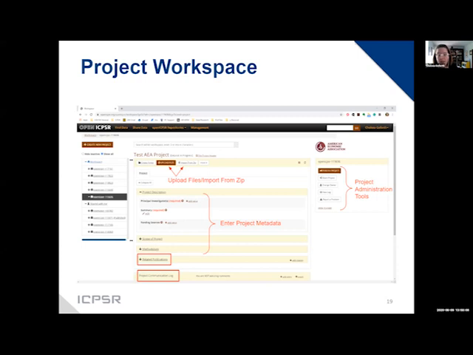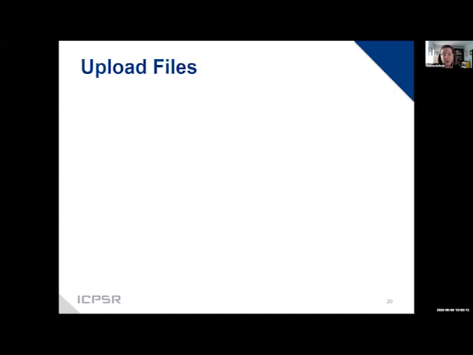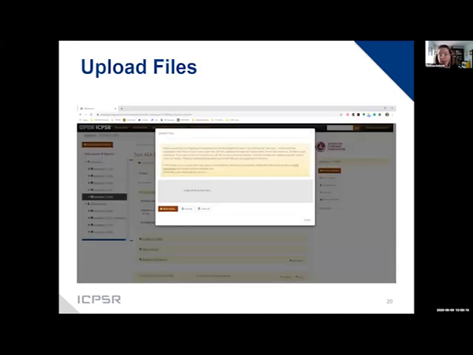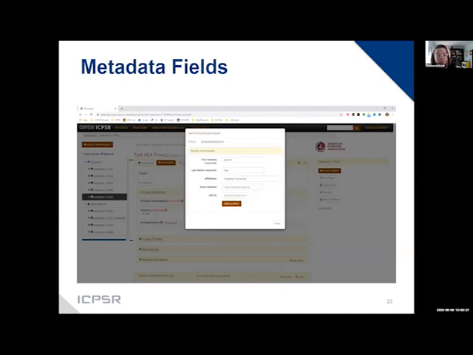And so the next few slides will take us through each of these sections that I've highlighted here one by one. The first section that you saw at the top, that's where users can select to either upload files individually or import from zip. And this slide here shows a glance at what one of those modals looks like. Below that, OpenICPSR offers options for many descriptive metadata fields, some of which, like that for a principal investigator here, are used to construct the project citation.